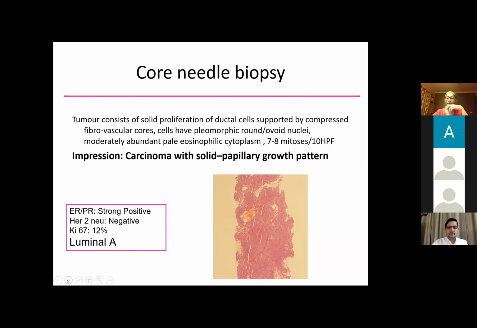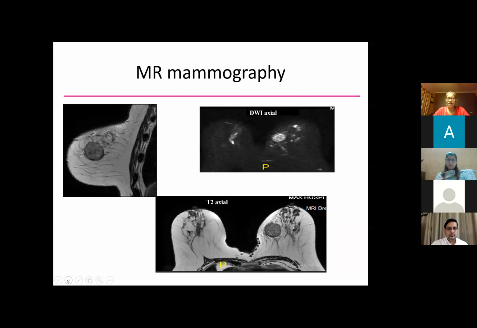This is Dr. Ritu. Can you see the films? Yeah, ma'am. Yeah, I can see. So here is the T2 weighted sagittal image. So that's the diffusion, and another T2 weighted axial image. We can see there is a definite capsule all around this mass. There is very minimal breast edema around it, and there is very subtle architectural distortion along the superior aspect.